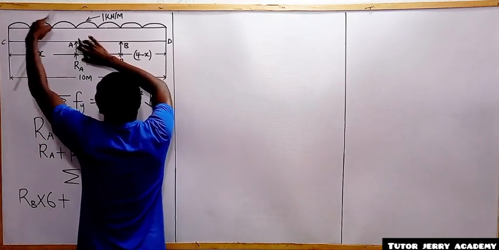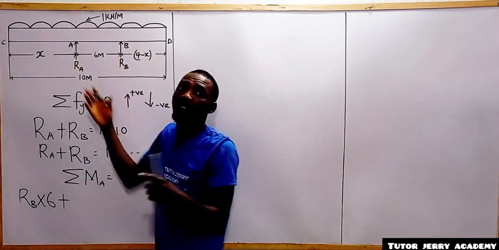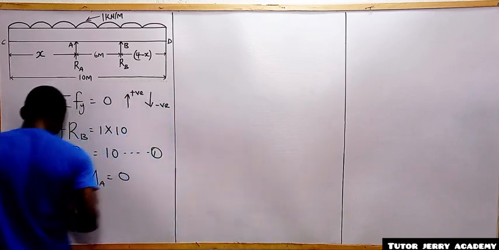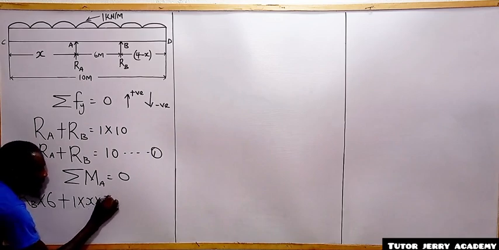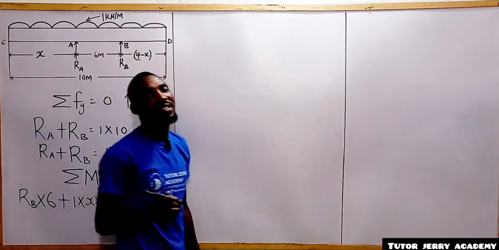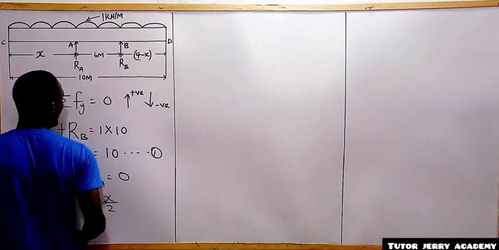So if you look at this, we are having a uniform distributed load. So we are going to convert it to a what? To a point load. So it's going to be 1 multiplied by S, then multiplied by S divided by 2, because S divided by 2 is the total distance that it is going to cover. All right, so this will be equals to,